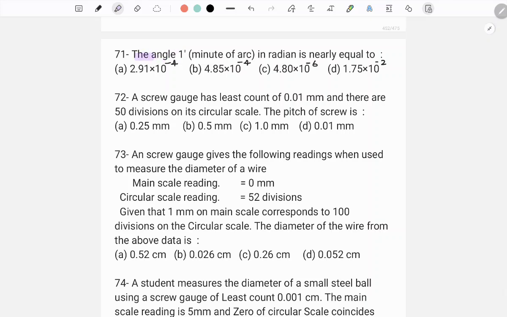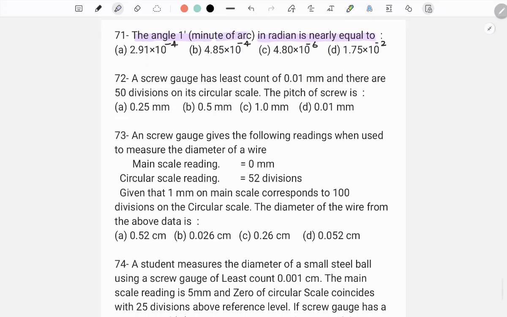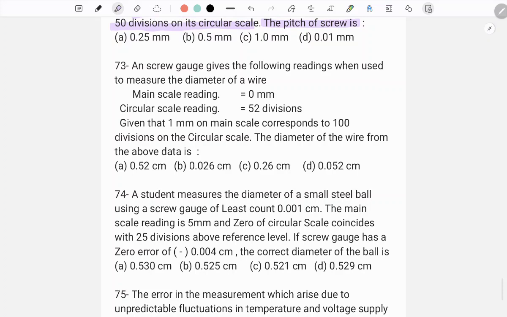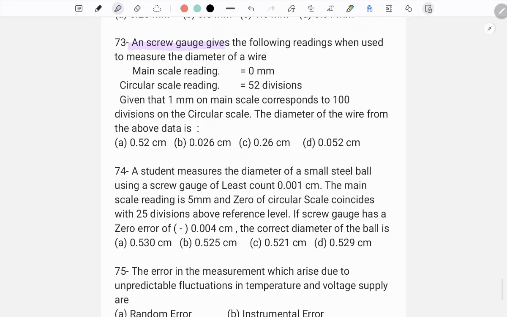71th. The angle 1 minute of arc in radian is nearly equal to. 72. A screw gauge has least count 0.01 mm and there are 50 divisions on circular scale. The pitch of screw is. 73. A screw gauge gives the following reading when used to measure the diameter of a wire. Main scale reading 0 mm, circular scale reading 52 divisions. Given that 1 mm on main scale corresponds to 100 divisions on the circular scale, the diameter of the wire from the above data is